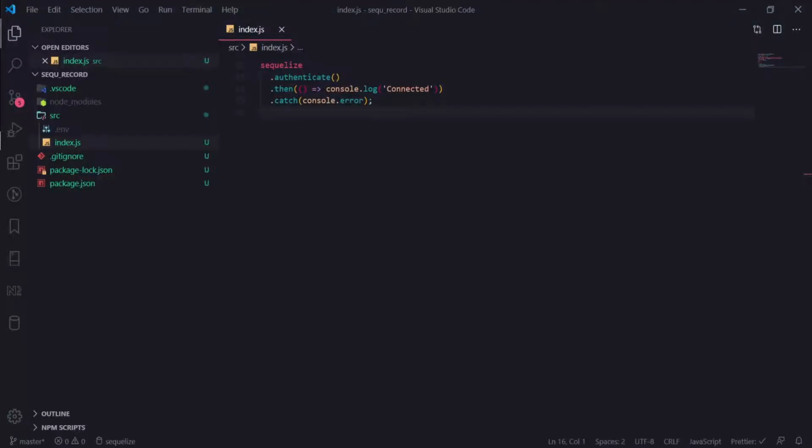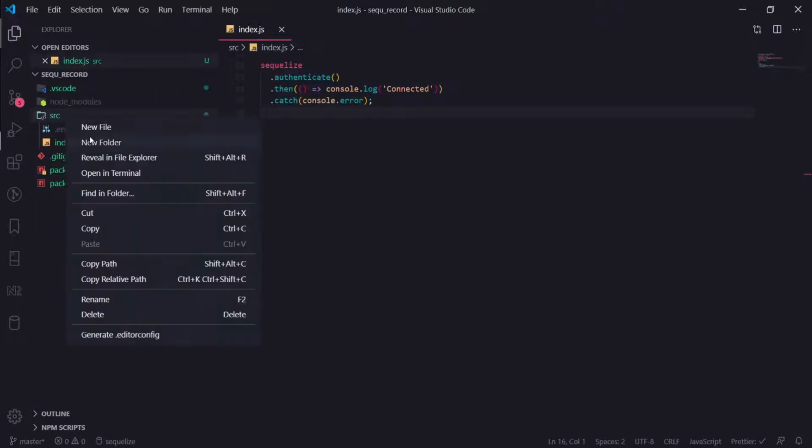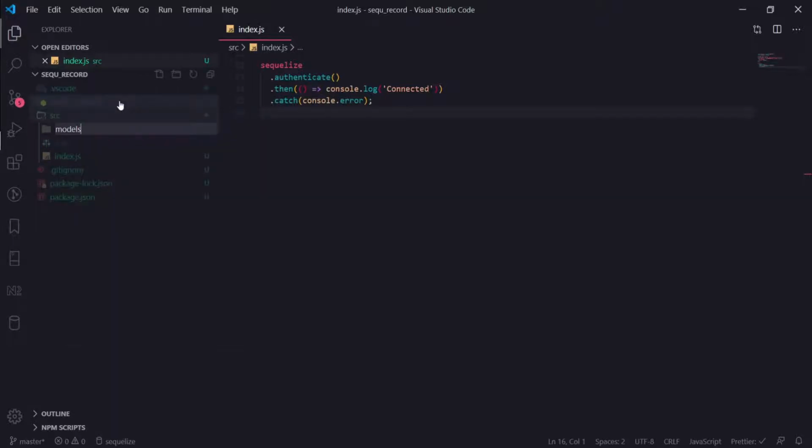Okay, I think this is the time to create our first model. We'll just review a couple of things about the data types and how Sequelize deals with the models. So I'll create a folder called models, and inside of it I will create users.model.javascript,